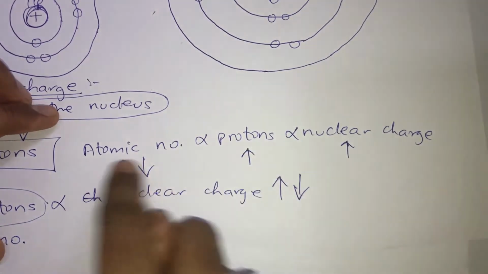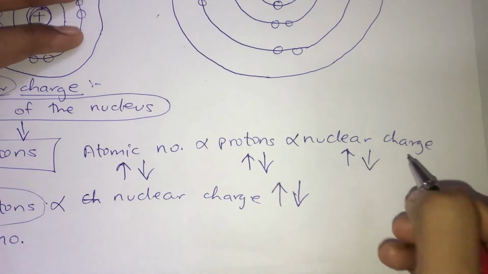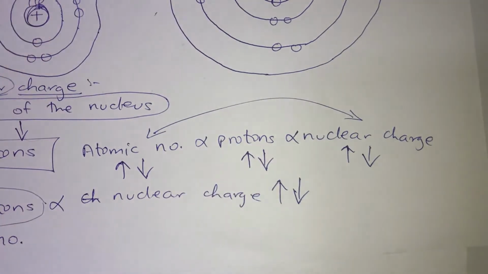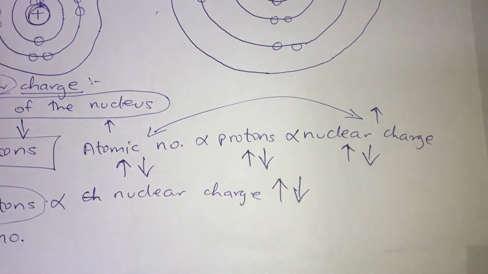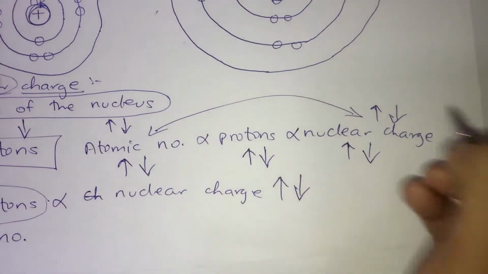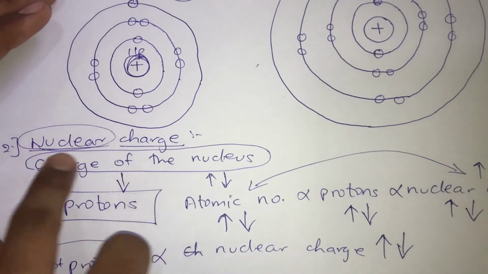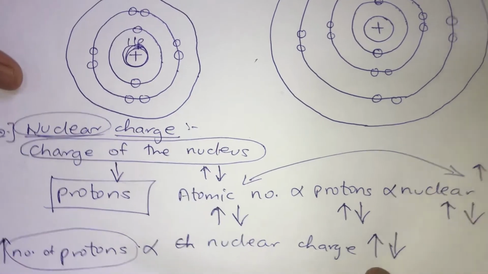Similarly, if I decrease the atomic number, the nucleus will contain fewer protons. And if the nucleus contains fewer protons, then obviously the nuclear charge will also be less. Now, can I relate both of them directly? Greater the atomic number, greater will be the nuclear charge; less the atomic number, less will be the nuclear charge, as they are all directly proportional to each other. I hope you have understood how nuclear charge is going to vary according to the elements because of the change in atomic number. Now, the third factor is